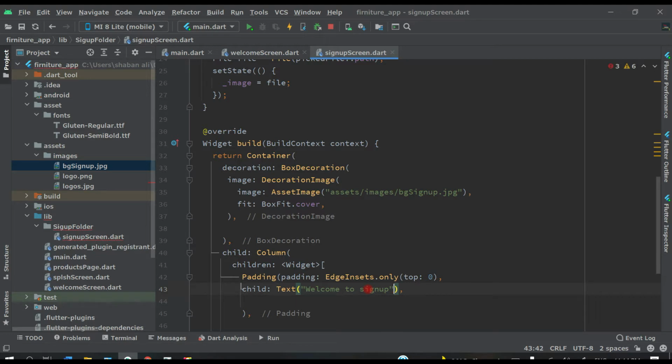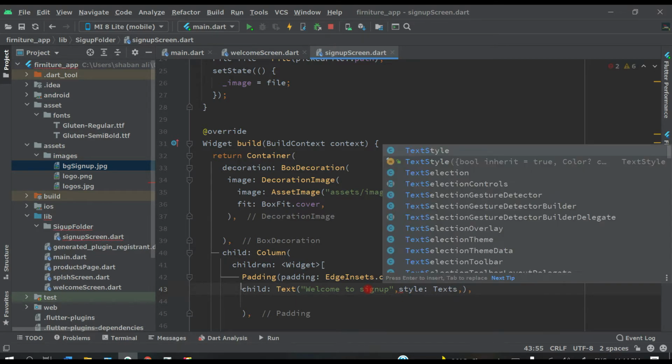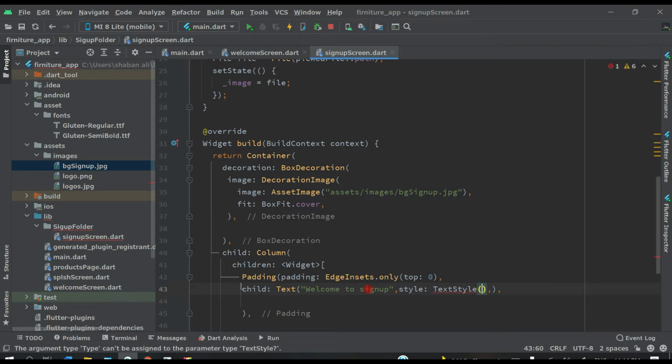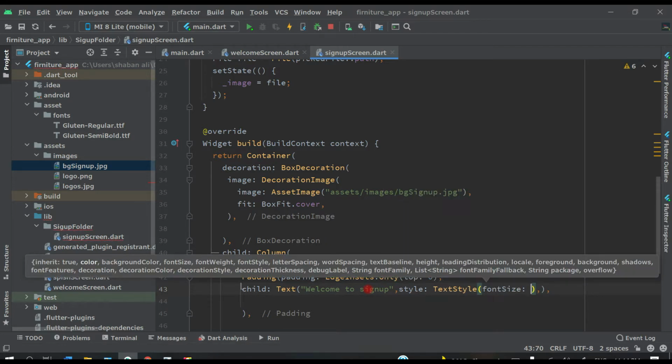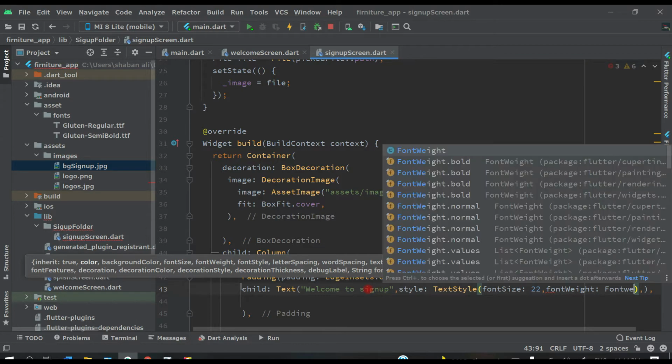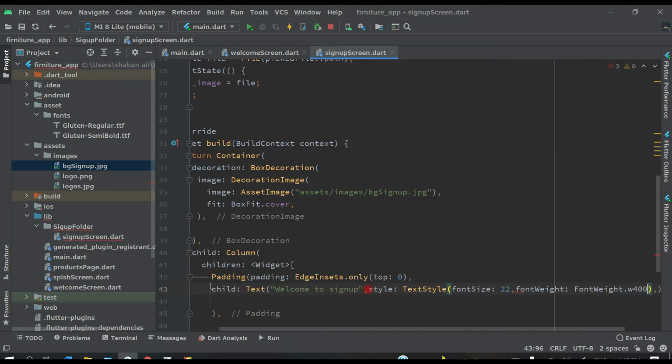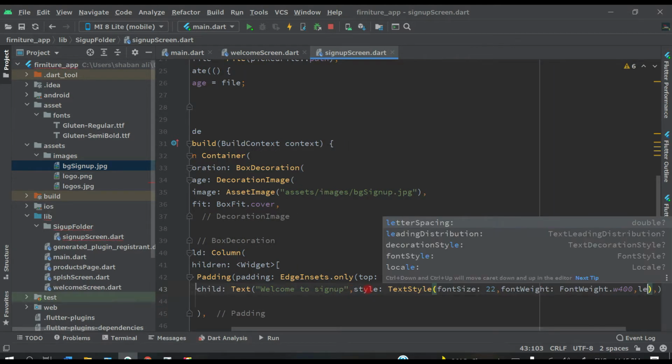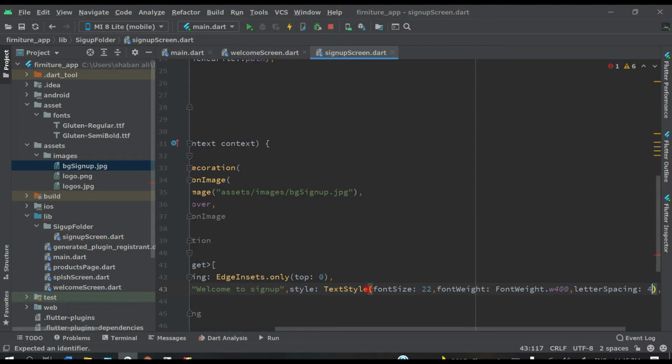So style, TextStyle, and then open bracket, and font size will be 22, and then font weight will be FontWeight.w400, comma, and letter spacing, let's give some spacing between letters. Letter spacing will be 4.